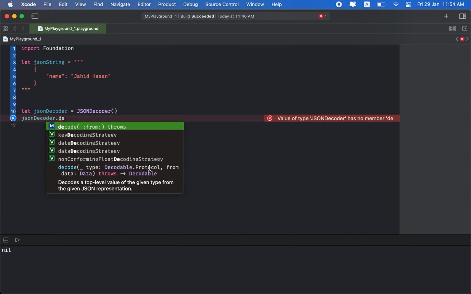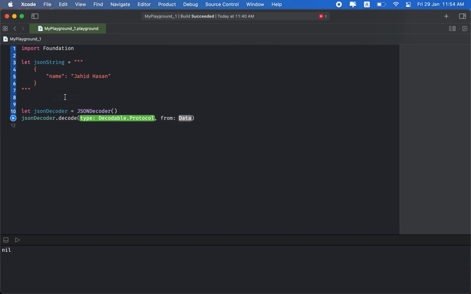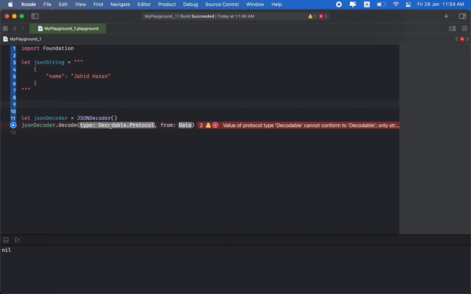That means anything, structures and classes or enumerations, that can implement the Decodable protocol. So we will use any such custom type and send data. So we have to provide this type in this